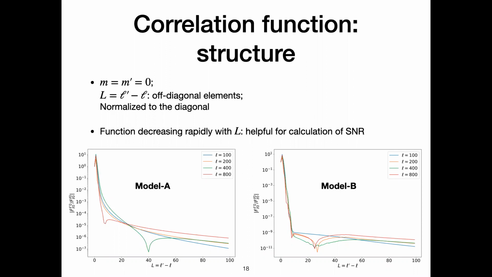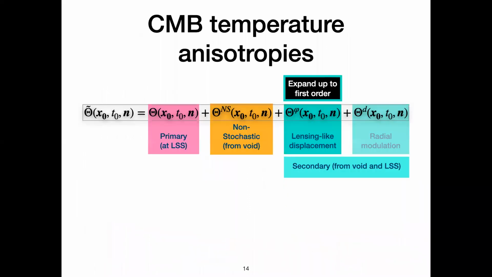Okay, next we have a question from the chat from Navunita Das. She asks, how do we measure the contribution of each term, that is intrinsic anisotropy due to the void, in the temperature anisotropy from observation? Well, the intrinsic anisotropies, for the purpose of calculations, we can just import them from the CLASS or CAMB codes developed for CMB. So these are just using the CMB observations directly, and then the second, the non-stochastic contribution, it is